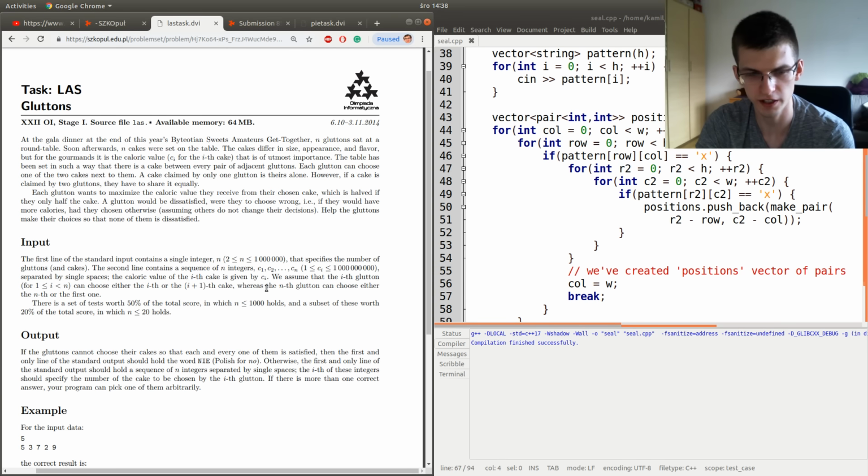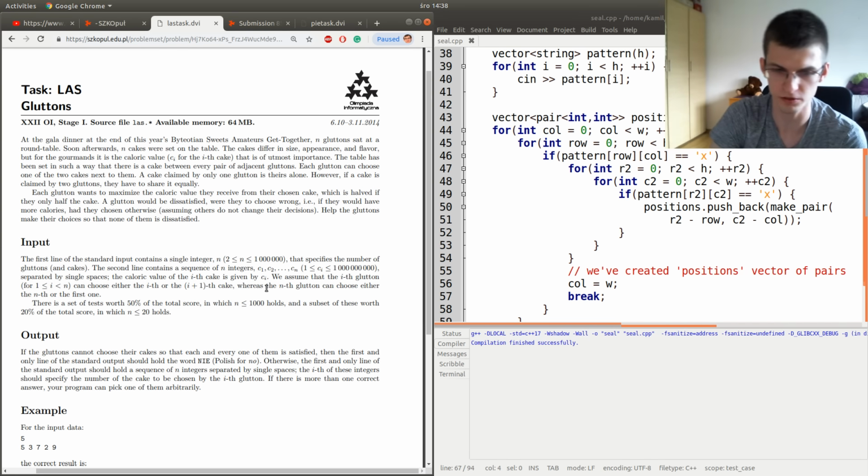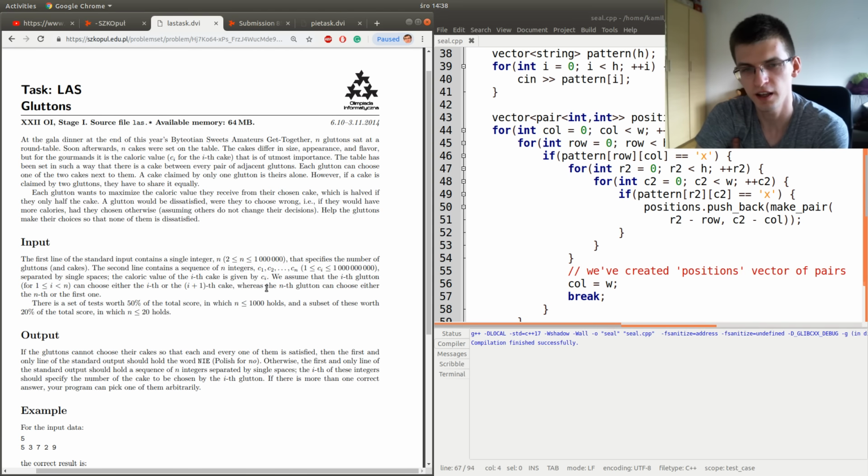We want to find such an ordering, such a way to choose for everybody, so that everybody would be happy with their decision. Everybody would be able to say, if I change my decision now from, let's say, right cake to left cake, I will not be better off.